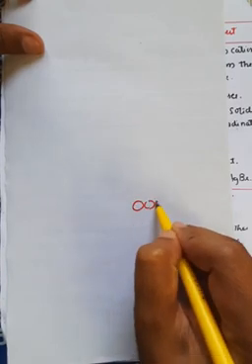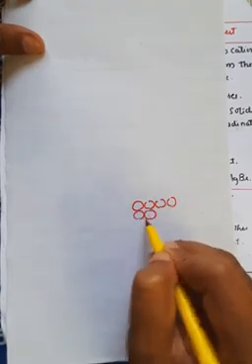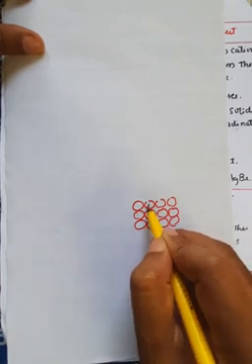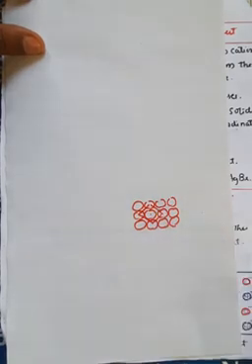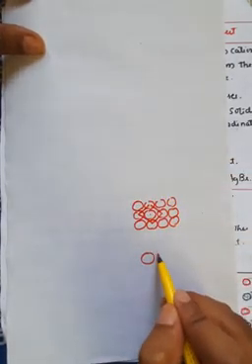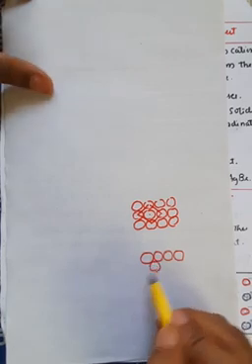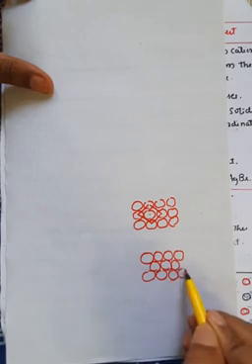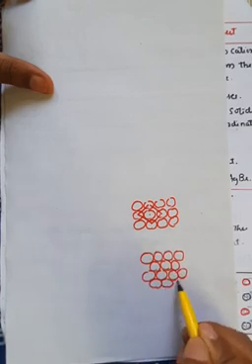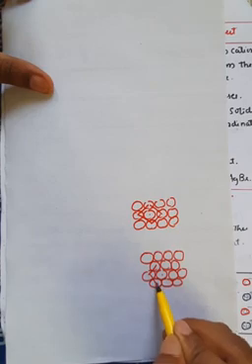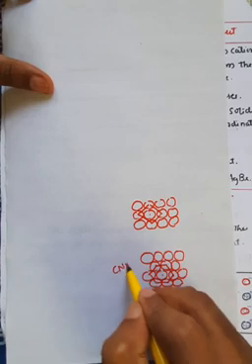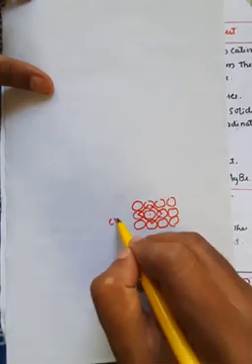So if you see here, if there is an arrangement of atoms like this, in this pattern, if you consider any of the atoms or molecules here, its coordination number is 4 because it is interlinked with 4 atoms, right? So in case of a hexagonal close packing, the coordination number will become 6, because whenever you consider that substance or element, it is interconnected with 6 different substances or atoms or molecules, right? So here the Cn is 6, that is coordination number is 6, and here the coordination number is 4, right?